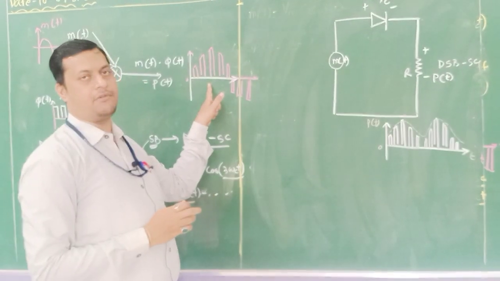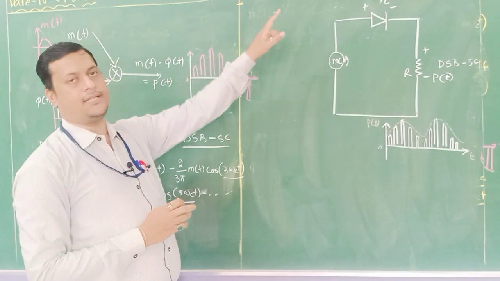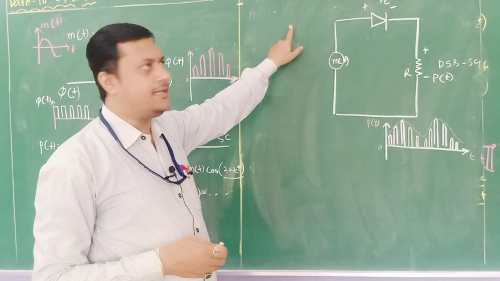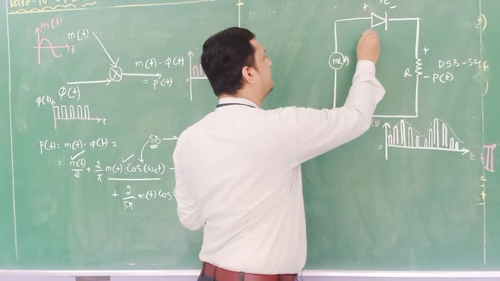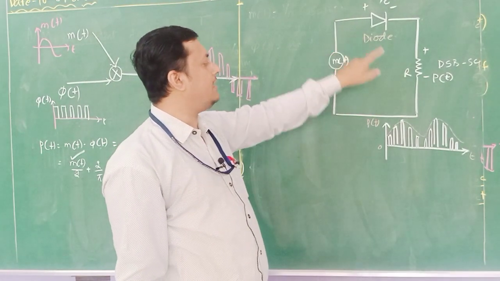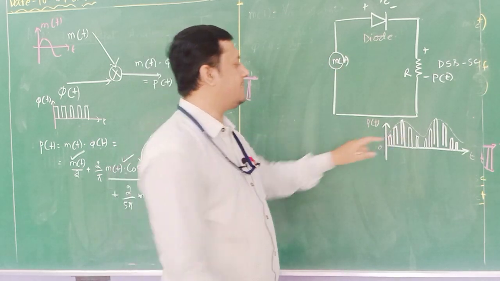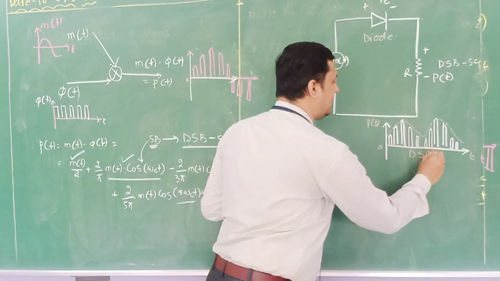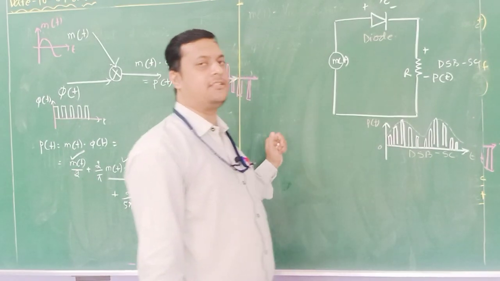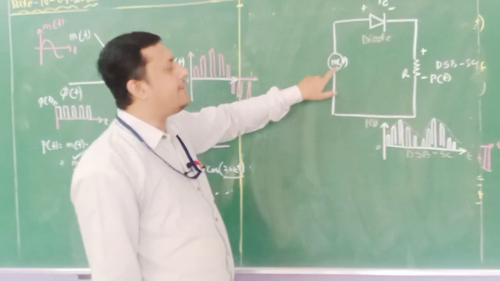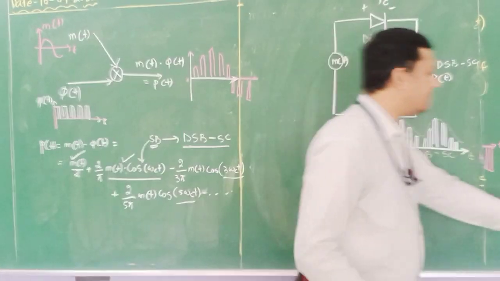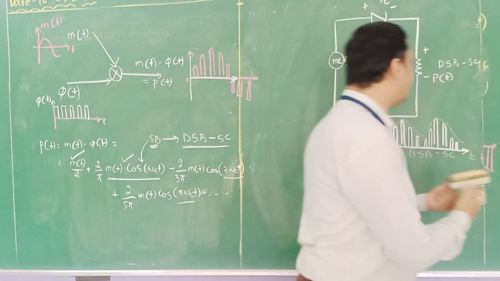Here we are having positive half as well as negative half, since we are using that as a simple switch. But since these devices need to be used as non-linear, I am using a diode which acts as a switch, and it will only allow the positive part. This is also called DSB with suppressed carrier. Now if it is DSB-SC, I need to add a carrier to it. So what I will do is add a carrier signal to it,